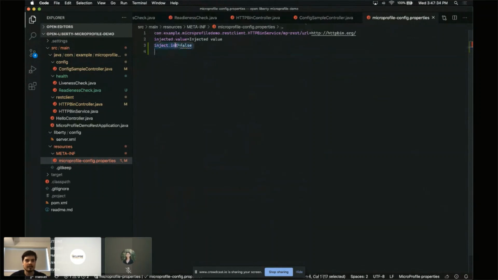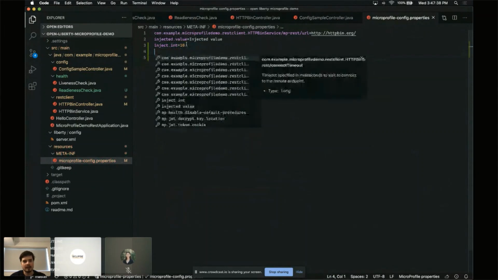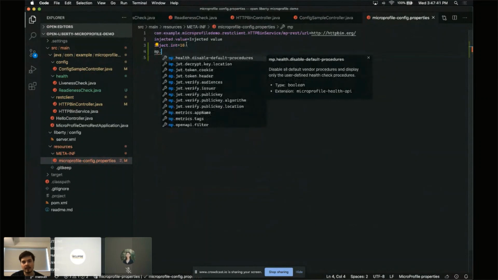So you can see that I was using MicroProfile Health. So if I try to use the MP health to disable the default procedures config property, if I start typing, I get completion options right away, as well as some documentation about the